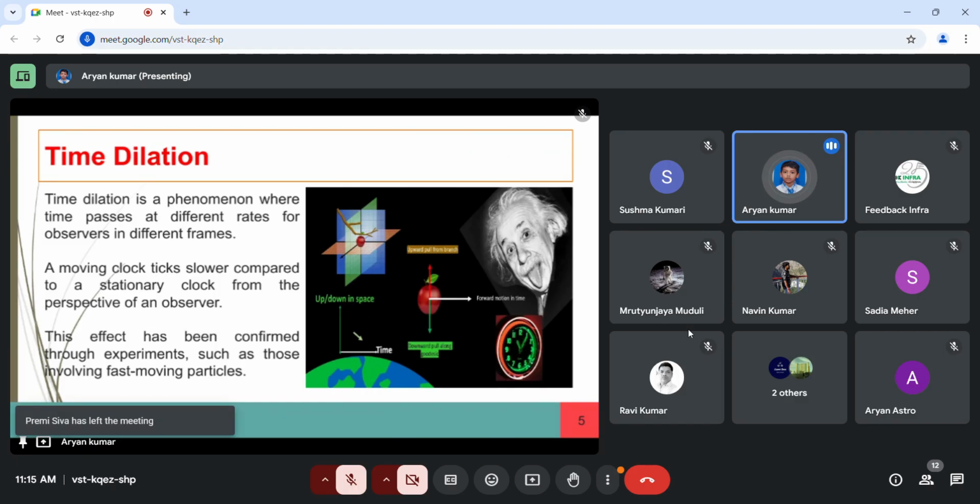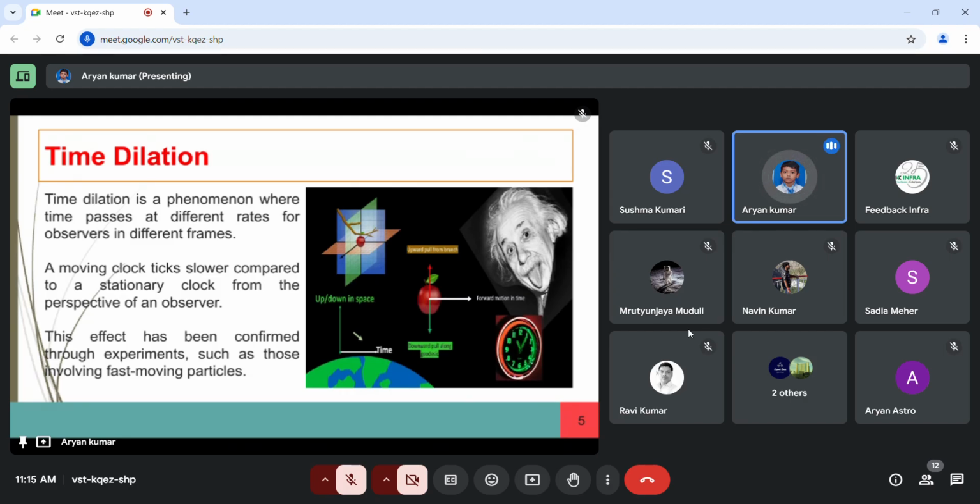GPS satellites must account for time dilation caused by their high speed motion and position in weaker gravitational fields. If not corrected, this would result in errors of up to 10 kilometers a day. So yes,